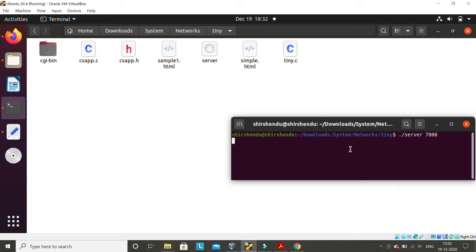That file descriptor is now waiting for a client request in an indefinite while loop, like while(1), if you remember. Inside this loop there is a function called accept, where it waits for a client request. That's it.